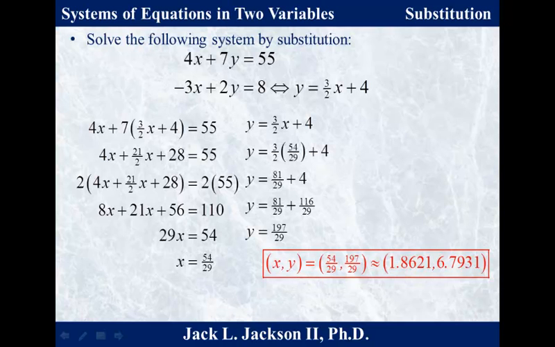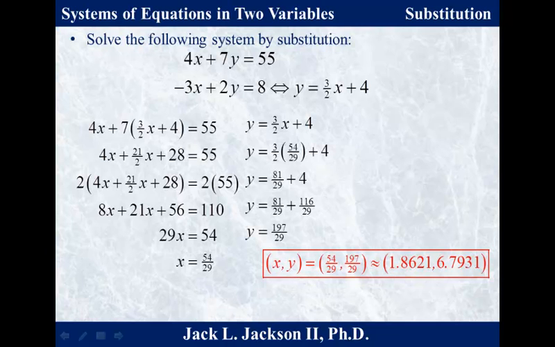Plug that in place of y in the other equation. Be sure you're putting it in the other equation, which gives us this expression here, 4x plus 7 times 3 halves x plus 4 equals 55. Distribute the 7. And now I have fractions here, so I'm going to get rid of the fractions by multiplying both sides of the equation by 2. And I distribute that. That gives me 8x plus 21x plus 56 equals 110. That saves me from doing some fraction arithmetic. Combine like terms here, 29x, and subtract 56 from both sides, and then divide by 29 to get the